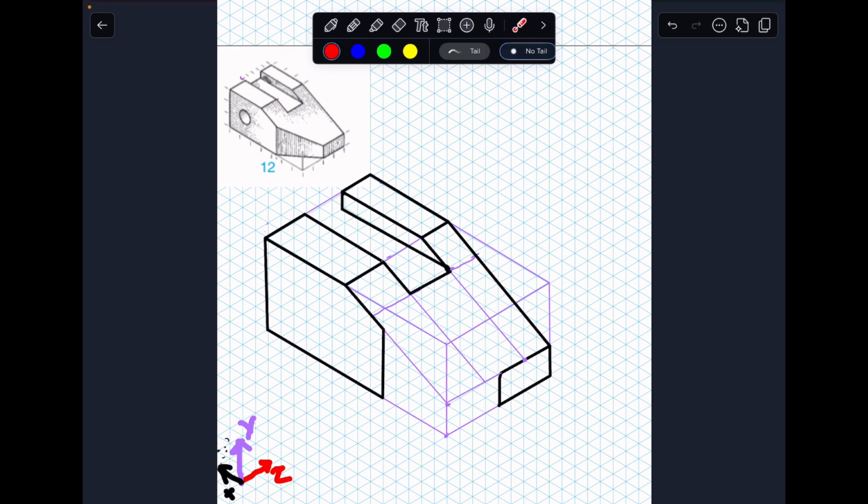The inclined face, what we have here, we are just missing a line which would connect from the top to the top here and the bottom to the bottom. You can create it directly by sketching these lines. To understand it in a better way, we can create a plane which would